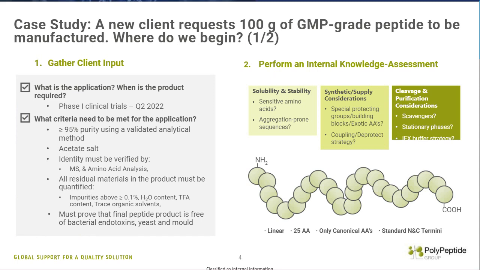And here it's a case study where we had a new client who came to us and they wanted to have 100 grams of peptide manufactured to GMP quality standards. So when we get this kind of request, this kind of order, then where do we begin? The first